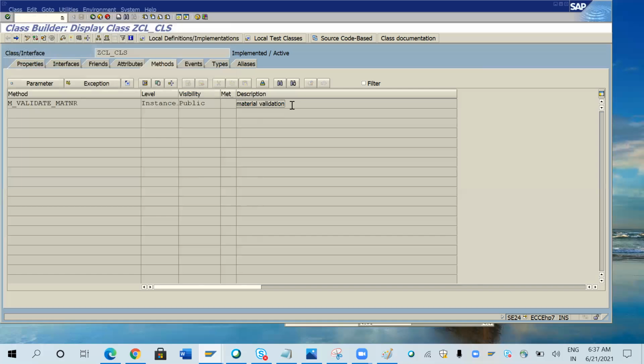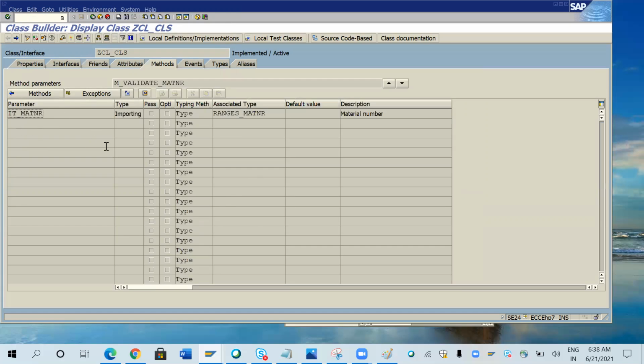So I have given the description as material validation. Then if you go to the parameters, what is the input I want to give to this method, right? I want to pass the range of material numbers. The user can give any range of material numbers, and basically this method has to validate, right? So here in the associated type, this is table type. For each and every material number, customer number, purchasing organization, or purchase order, or sales order,